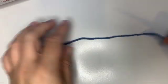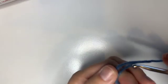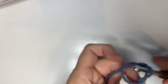If you really wanted to, you could use two of the same color and just make a nice thick afghan or blanket. All right, so we're going to start with my color A, and we'll make our slip knot onto our hook,